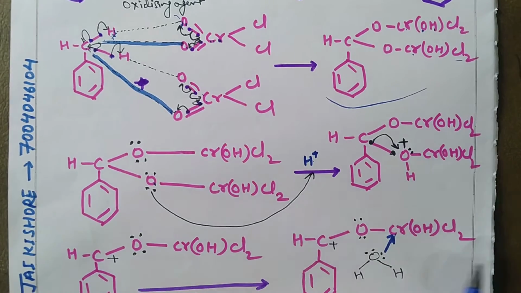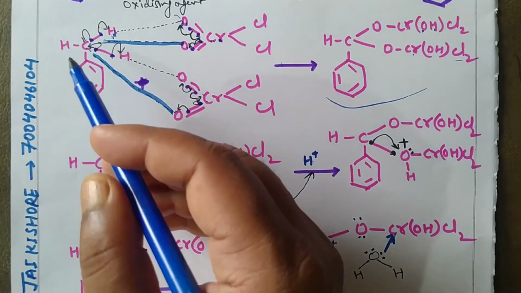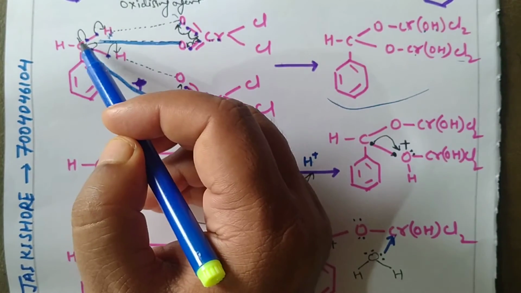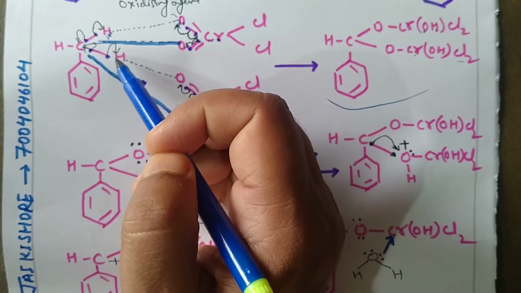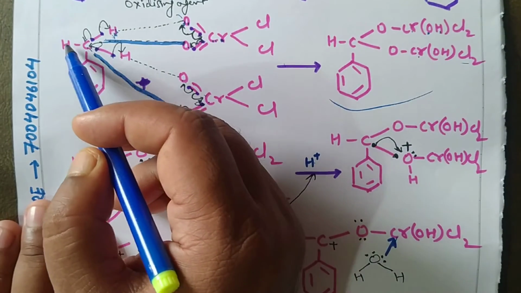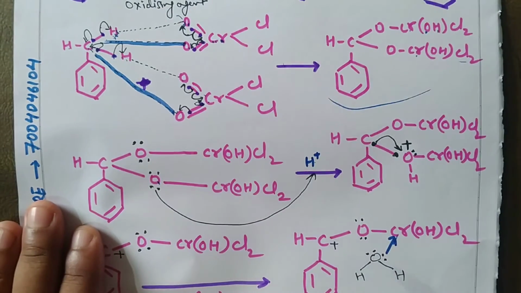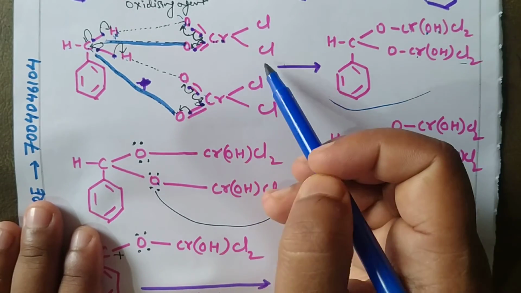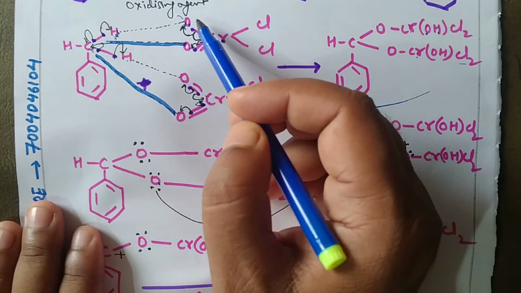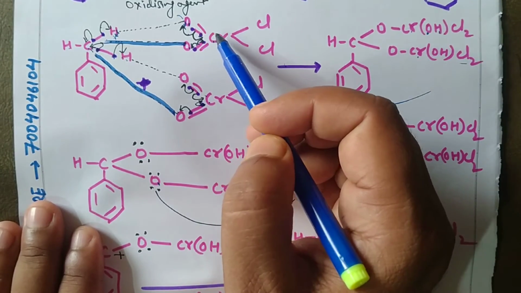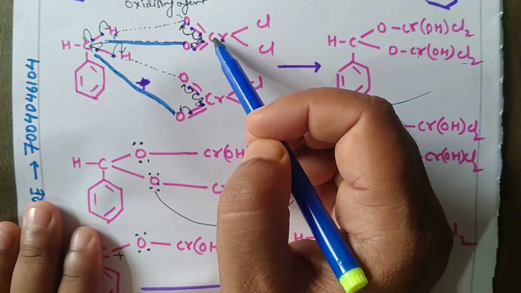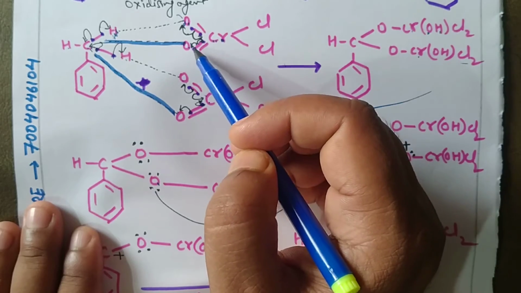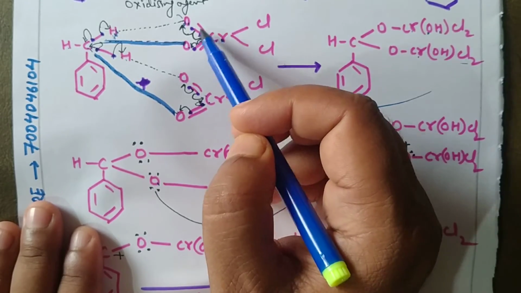Here we have written toluene, methyl benzene, that means a benzene ring attached to a carbon atom, and the carbon is attached to 3 hydrogen atoms. We have located the 3 hydrogens: one here, second and third. Now chromyl chloride, CrO2Cl2. The structure is written in this fashion: Cr, with double bonds to the oxygens, so there is a double bond between chromium and each oxygen.